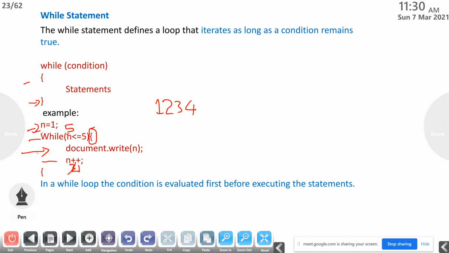It will check n less than or equal to 5. n is not less than 5, but n is equal to 5, so again it will enter the loop and print 5. Now n++, and the value of n equals 6. Is 6 less than or equal to 5? No. Then what will happen? The control will move out of the closing brace of the while loop. So it will print 1, 2, 3, 4, 5 in the same line,